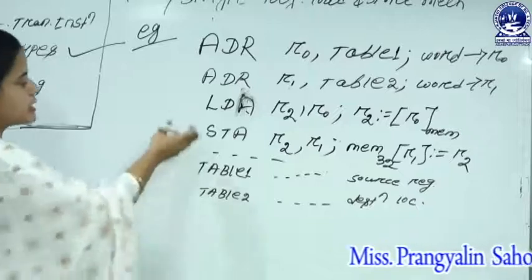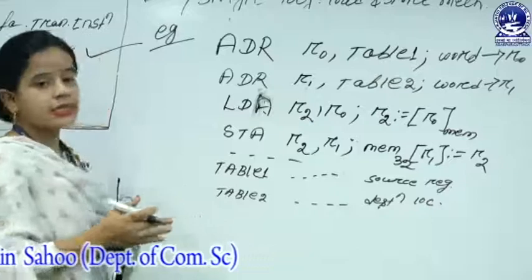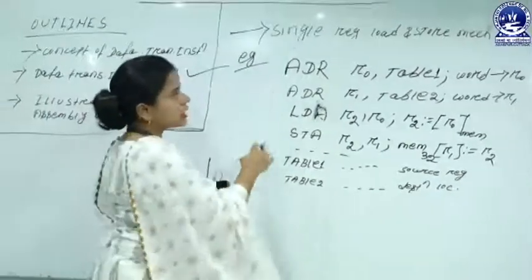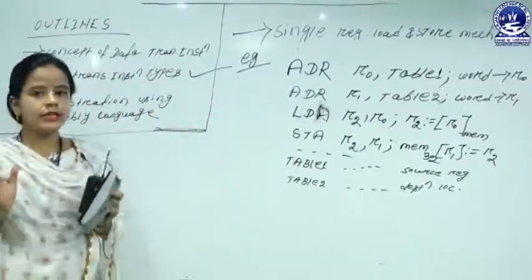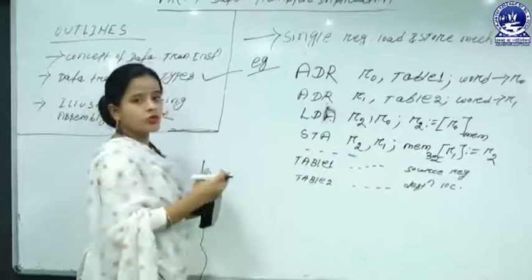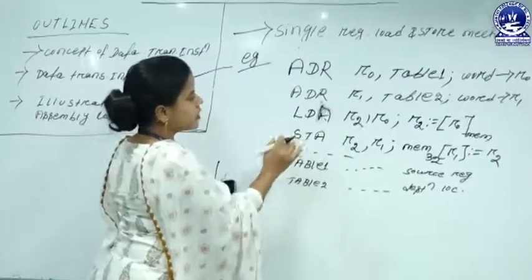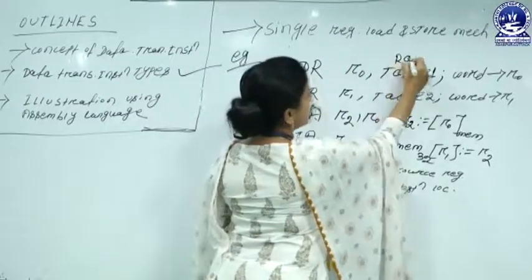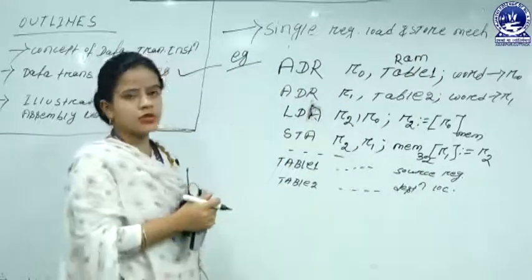Okay, so this is the general expression of how we add some data to the existing data elements by using your load and store mechanisms. So this is your single register load and store mechanism. Now if any user needs to add some new data after you have once loaded, from the existing code, suppose you have to store a data element. In table 1 you store one data value, that's your RAM. That means the R0 register holds one data value, that's your RAM.